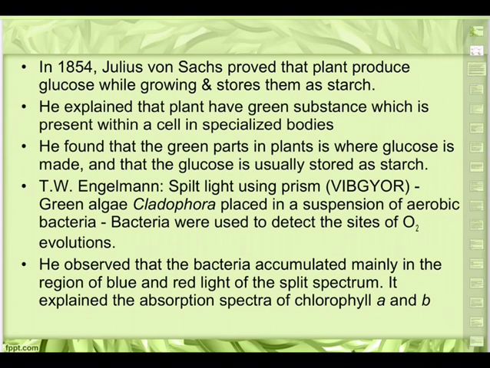So he demonstrated that the first visible product of photosynthesis is starch. And he also showed that chlorophyll is confined to chloroplasts only. And there is another interesting experiment done by Engelmann in 1884 and 88, which showed that chloroplast was the seat of photosynthesis in the cell. He discovered the role of different wavelengths of light on photosynthesis, and plotted the action spectrum.